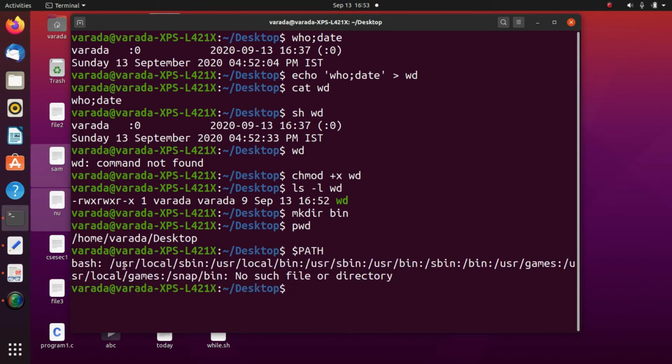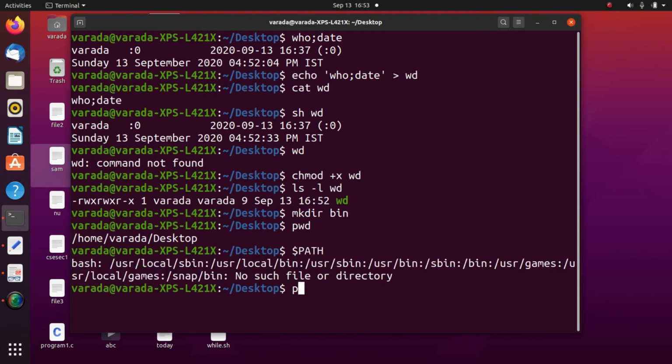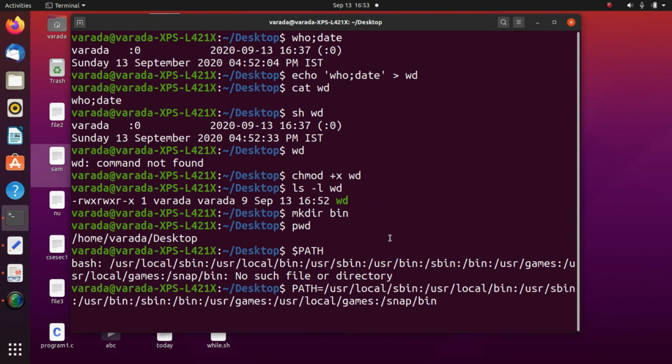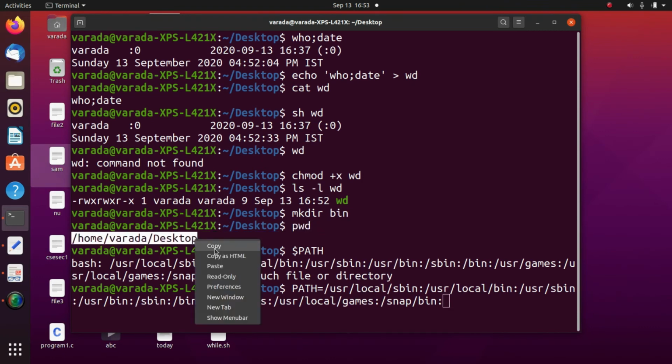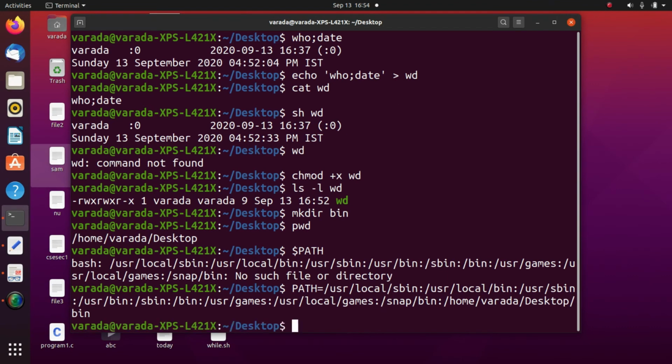For this PATH I am going to add a new path: PATH equals the existing path, and I want to append the new path here, /bin.